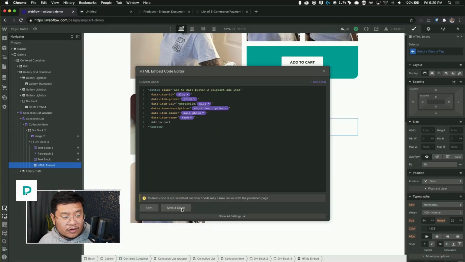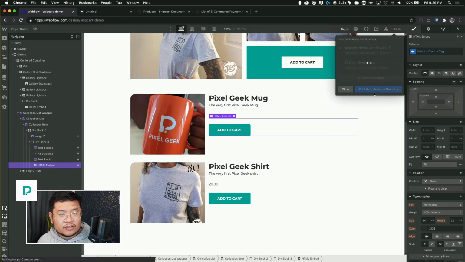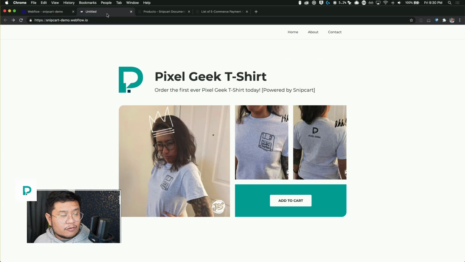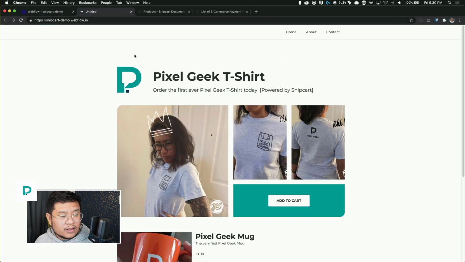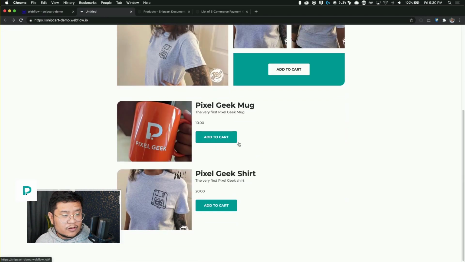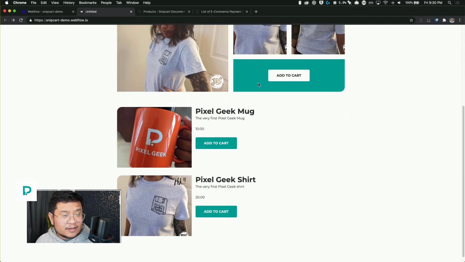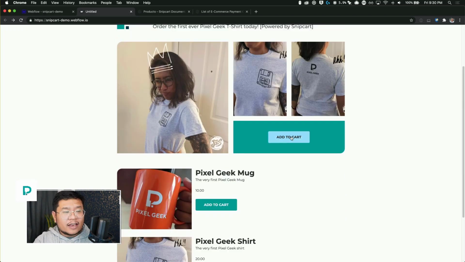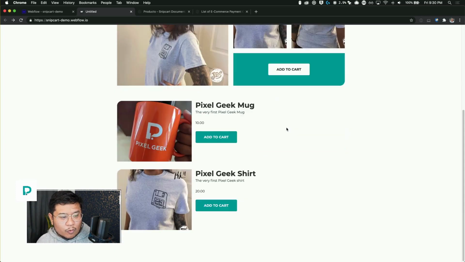Now, if I save and close, press publish, refresh this page, there we go. We have 2 items. So this is a single non-dynamic Snipcart button, whereas these are dynamic because they're coming from Webflow collections.